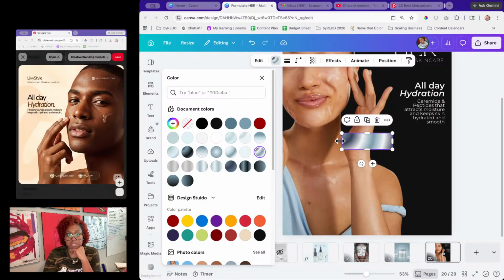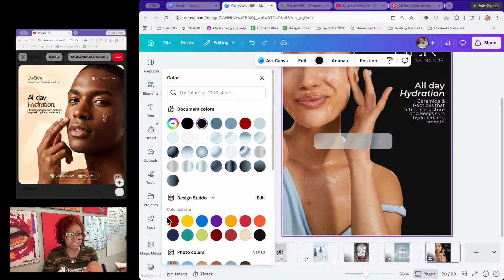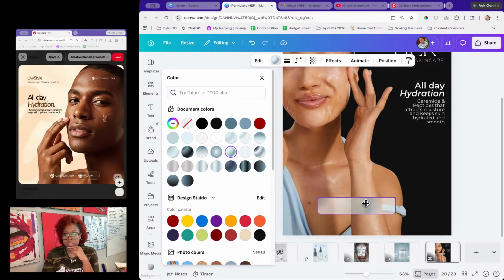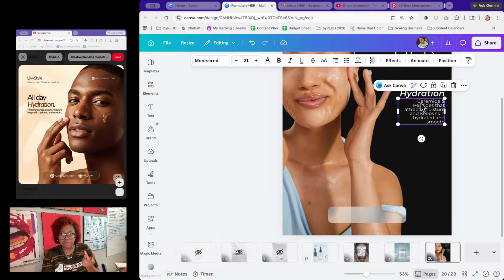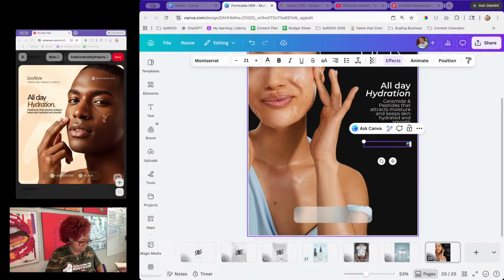I don't like any of these. Let's change it to that one. I'm going to do the transparency to about 60 because it looks like it's slightly transparent there. And I'm going to put just our website name in here. We don't actually have a website, but if you have a website, you can put it there. So I'm going to type formulateher.com,